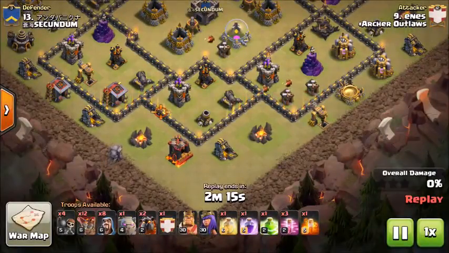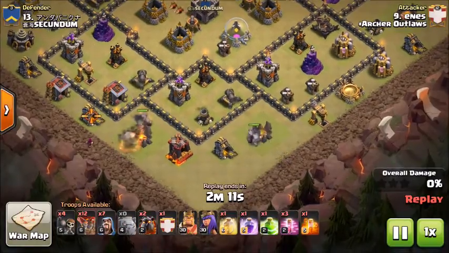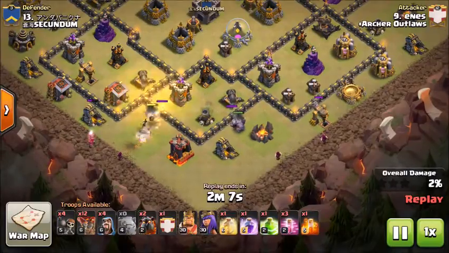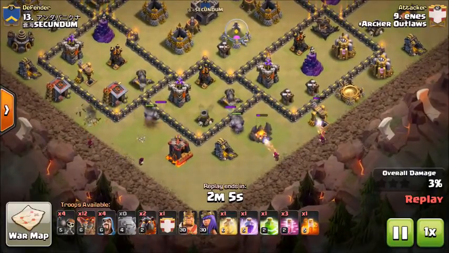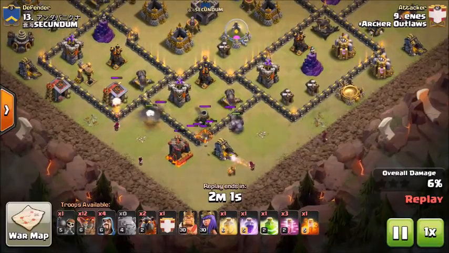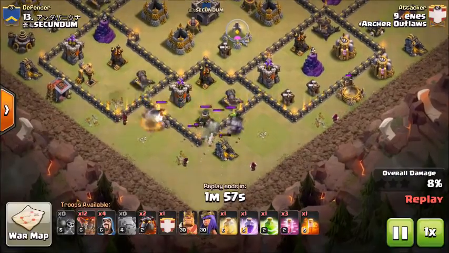So we'll go ahead and jump right in. First hit will be on Ines. He's going to start off with a 2 golem spread and just come down with some wizards to create a nice big funnel on this bottom side. And once he starts to get some of these outside trash buildings down, he goes ahead and sends down that initial test wall breaker. Once he sees there's no little bombs there, he goes ahead, sends in the rest, and